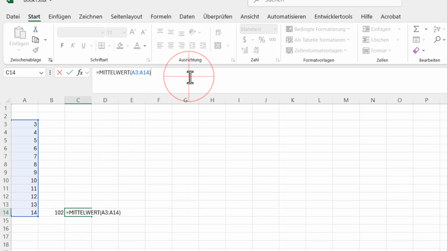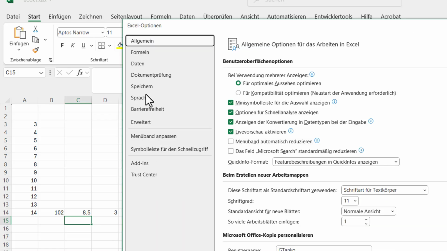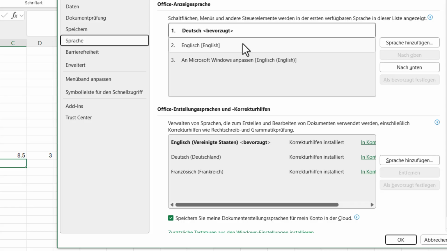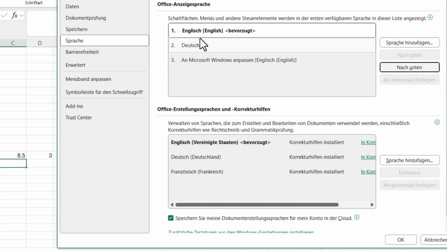Now, how to change the language? In Excel, you have to open the file and go to options. In the options, you have the language. Here in my case, I have German, and here in the favorites I have English. So I have to move English to the top. And now English is on the top. And if I say OK,